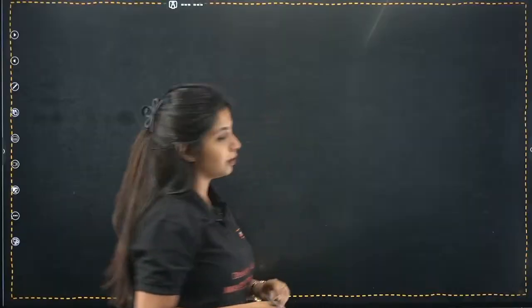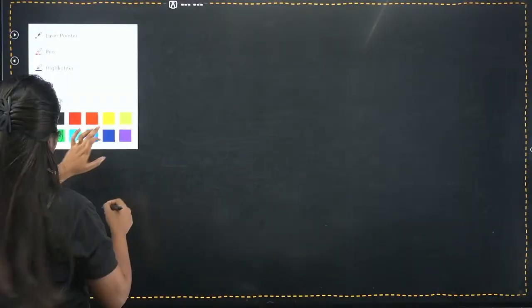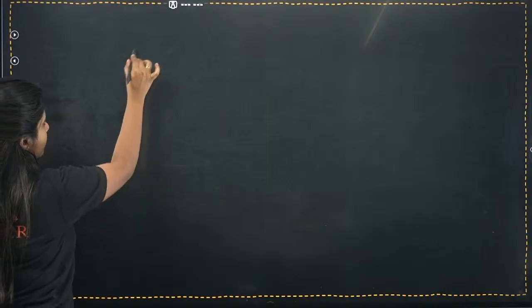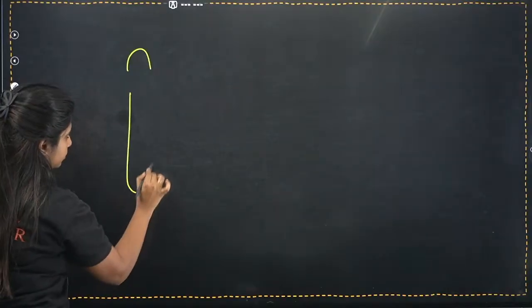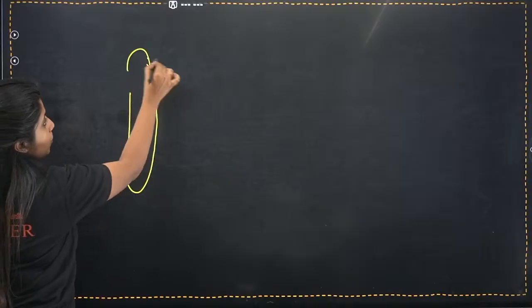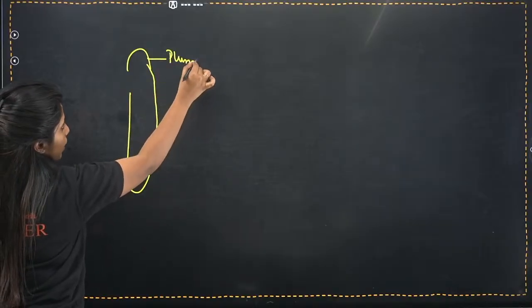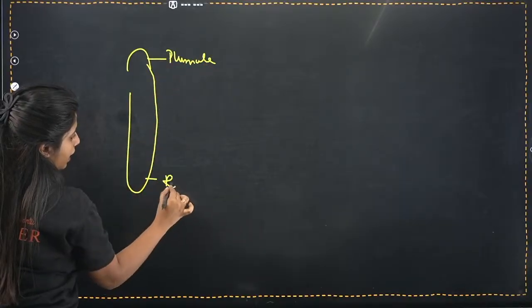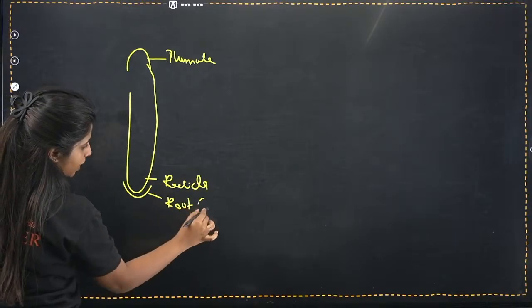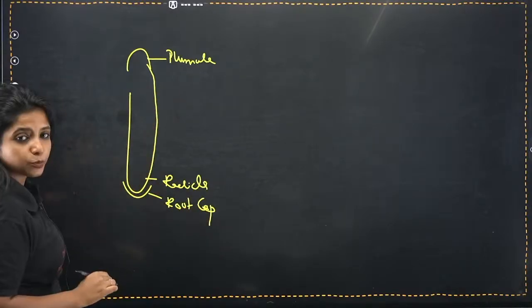Okay, there's a page over here. We can utilize this. Listen, now things are going to be quite different. Again, you make the embryonal axis over here. Okay, ma'am, why did you close this? This should not be closed, right? Here you remember you had plumule, here you had radicle, and the radicle is covered by root cap. That and all is there. But why did you cover this, ma'am?